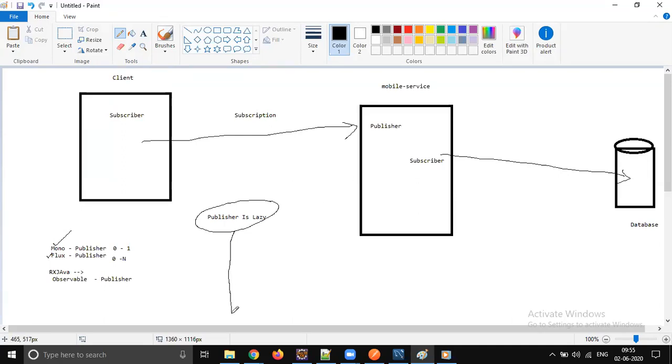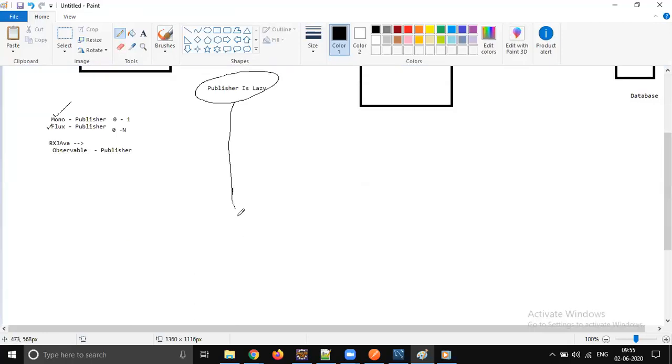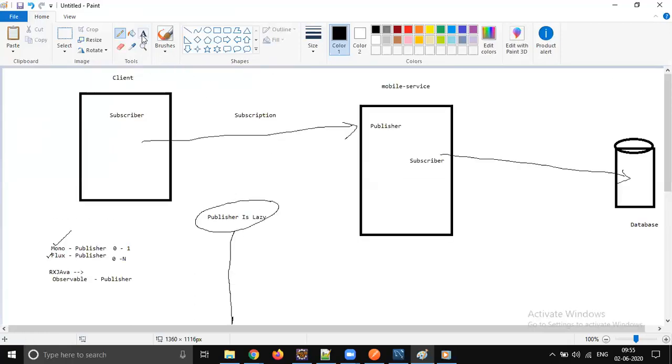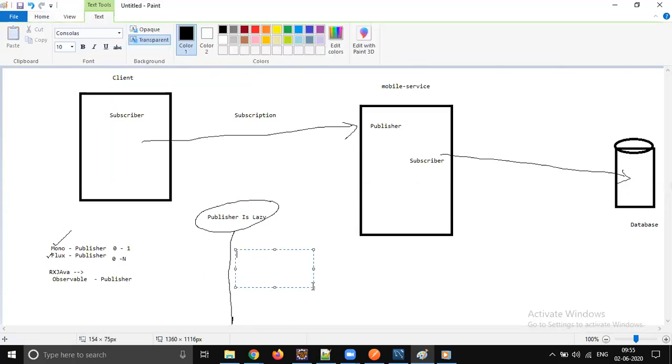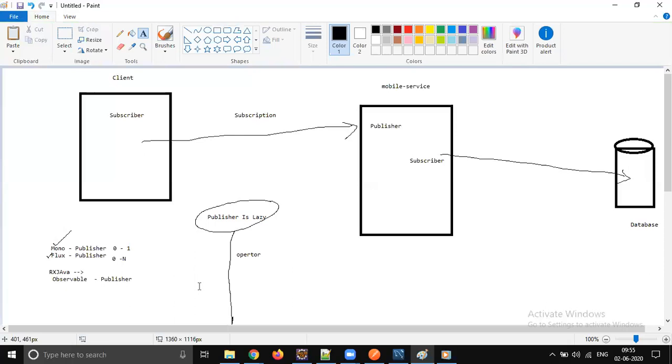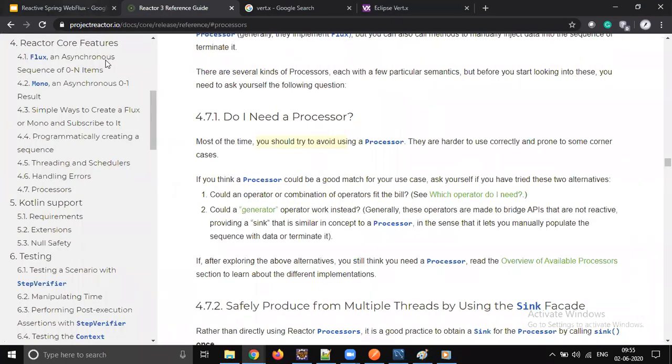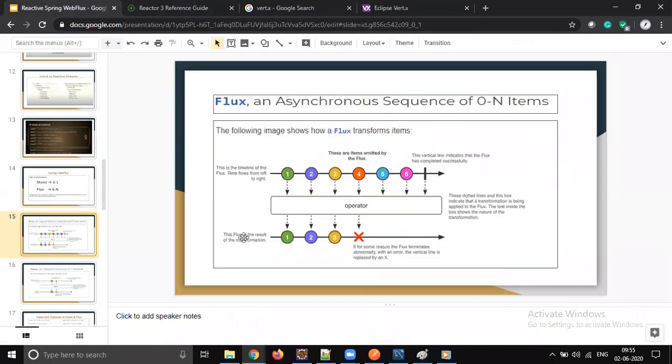Then you ask me the question, how can I subscribe to the publisher? By using an operator. Now let's go back to that colored marbles diagram. The first line is a publisher, which is going to hold the data, and the second line is a subscriber.